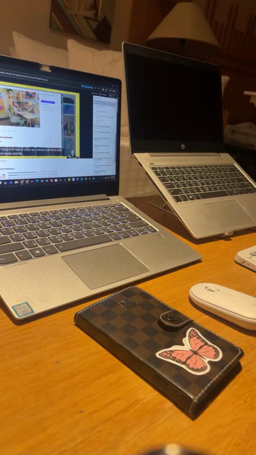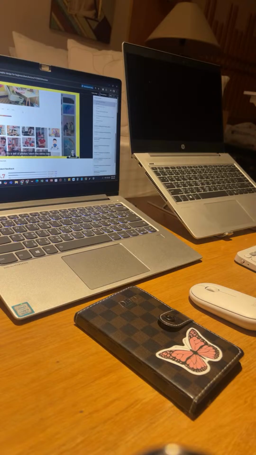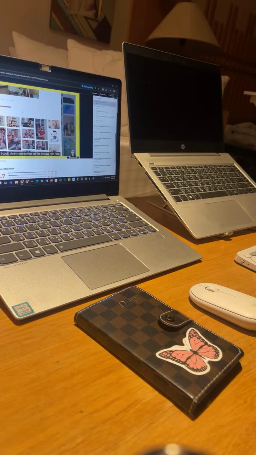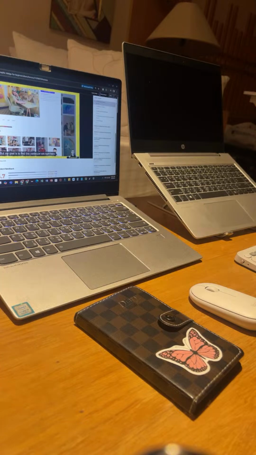My goal, what I'm trying to do here, is to find the collection with these other photos that clearly look like it's a set of photos taken the same day. Like I could clearly see another photo like this guy right here, also an artist, also in his studio. But my goal is to find this particular set right here. So the way I would do this, I would